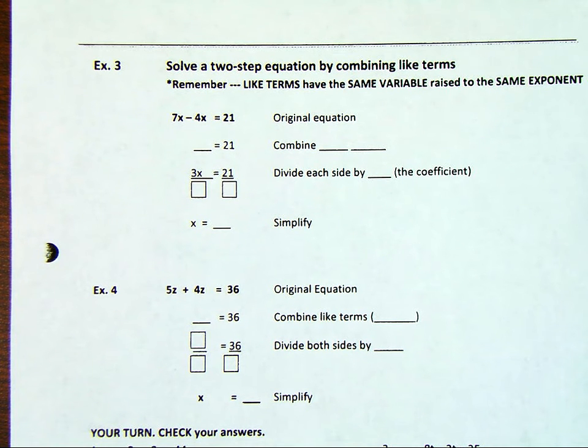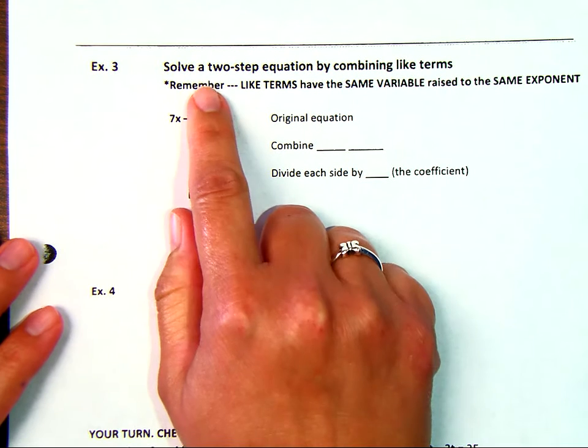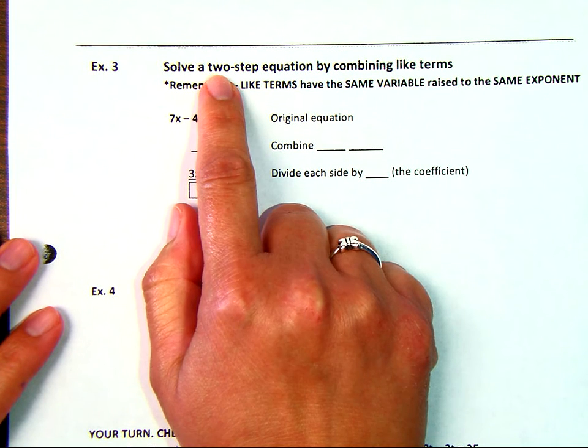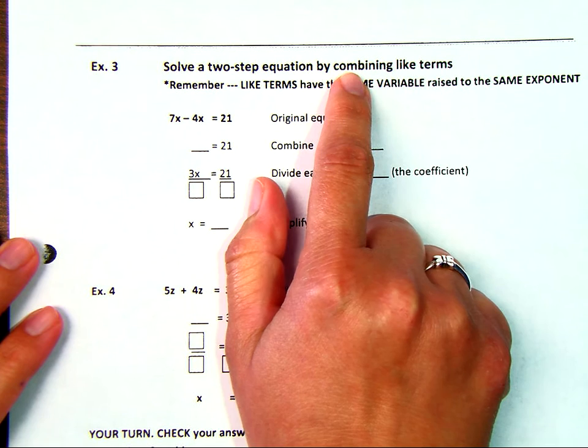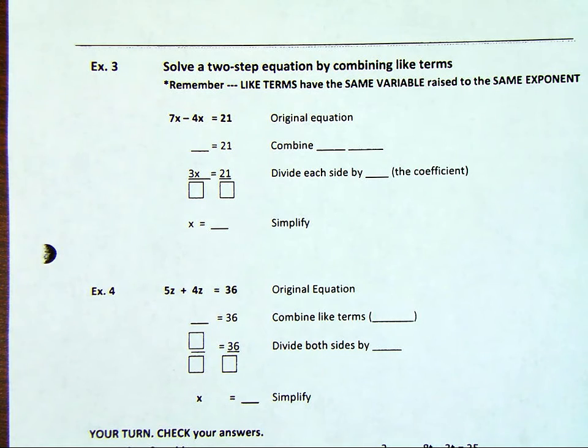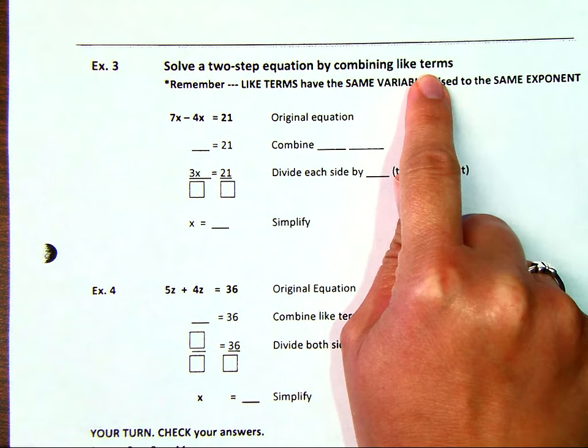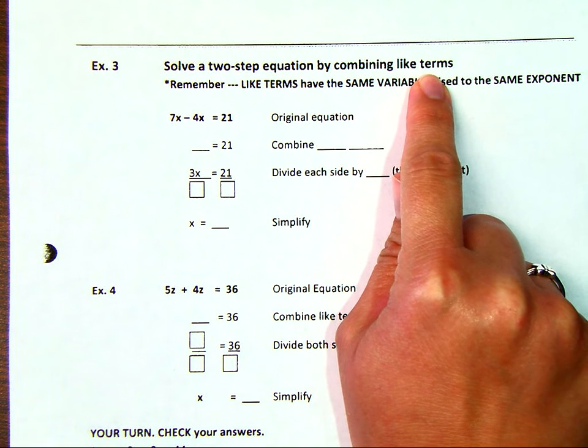So today I'm going to show you how to do what we call combining like terms when we're solving an equation. So if we are going to solve a one or a two-step equation by combining like terms, think about the word combining as putting together or adding. Like terms, like we've talked about already, your terms could be like